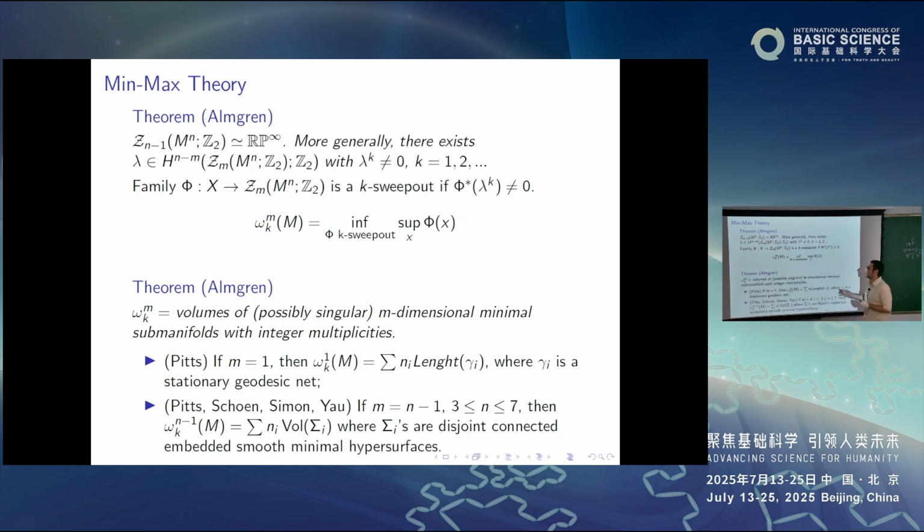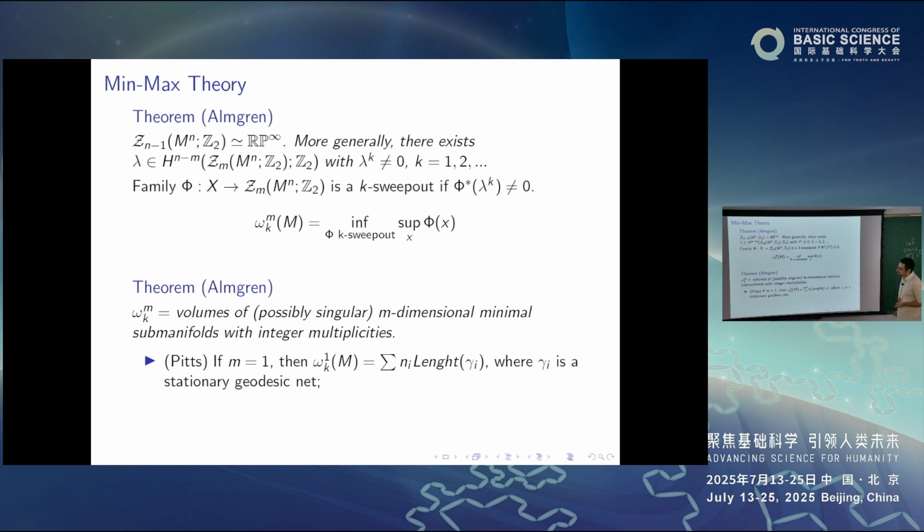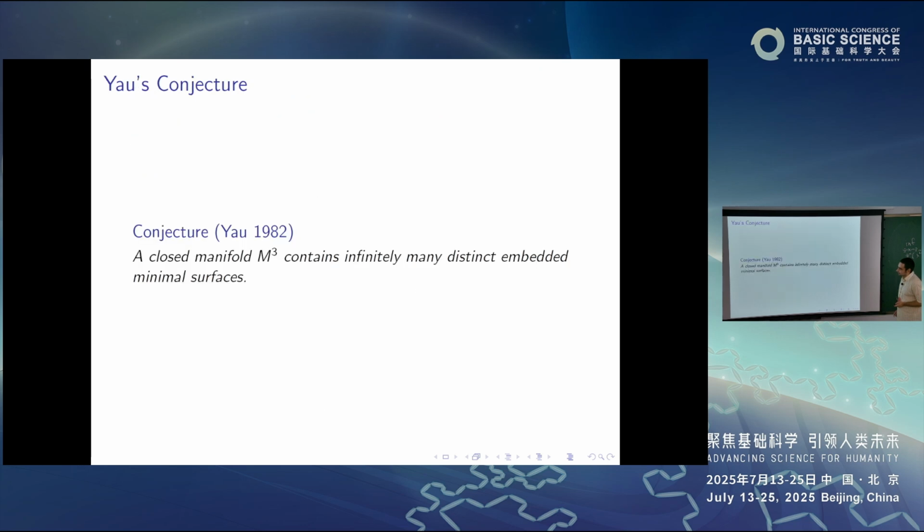And in dimension 2, it turns out that there will actually be geodesics. So we'll get to that. I guess existence of a closed geodesic on surfaces is maybe more of a classical result. Okay. So now the key idea is to look more carefully at the values of these quantities.